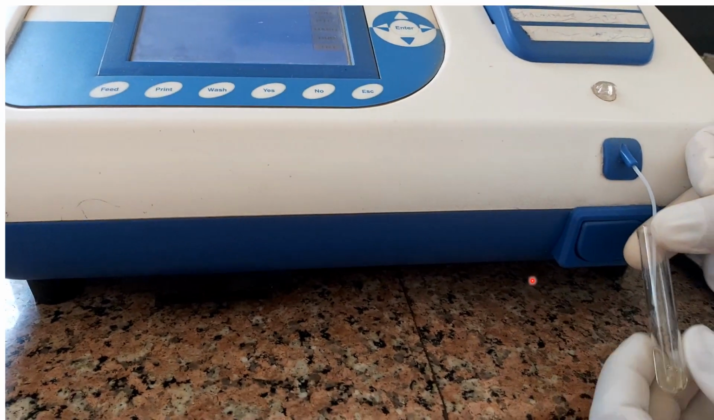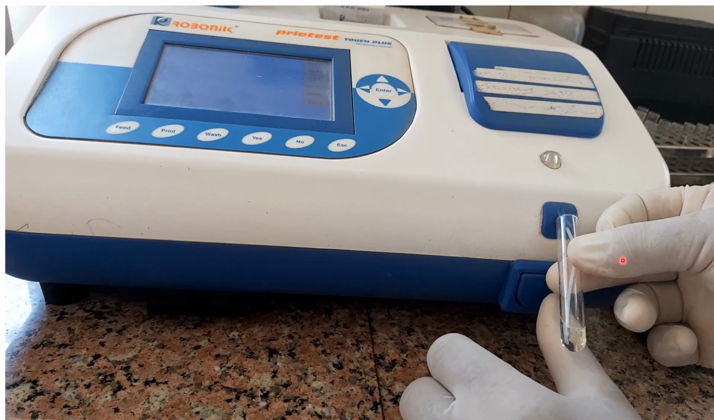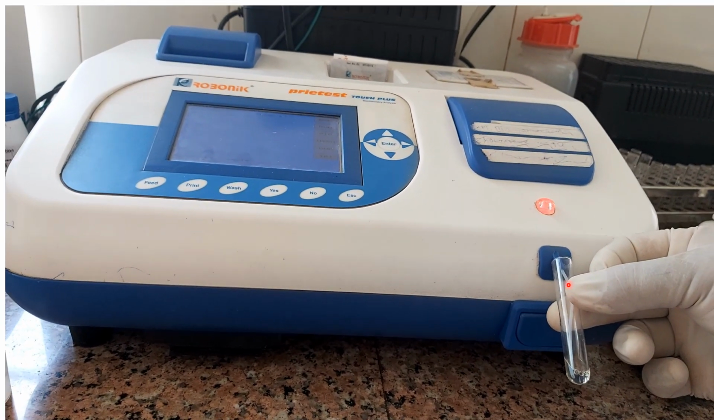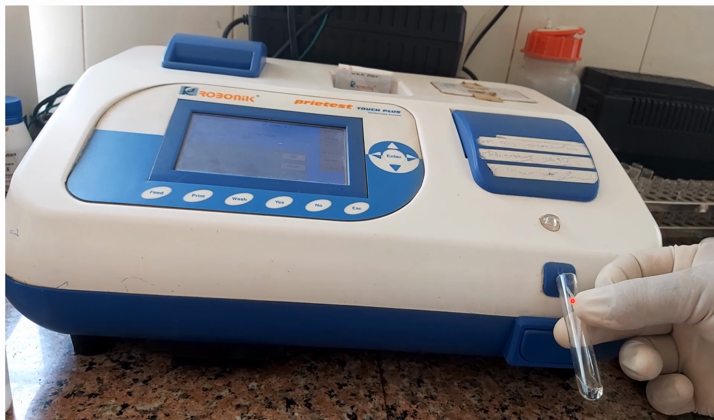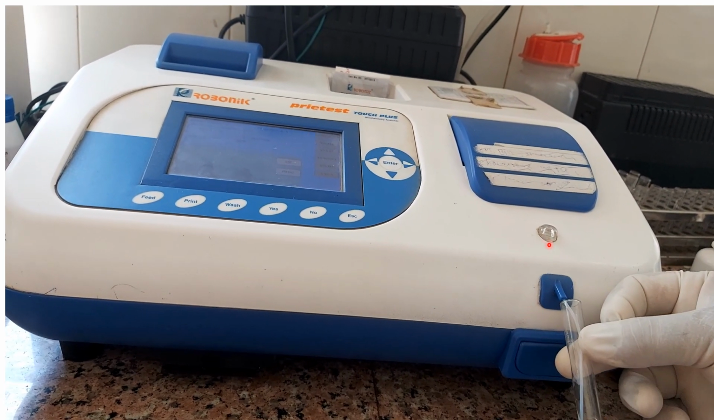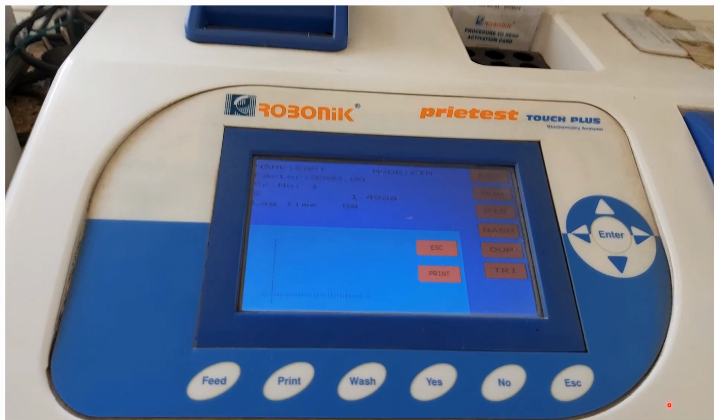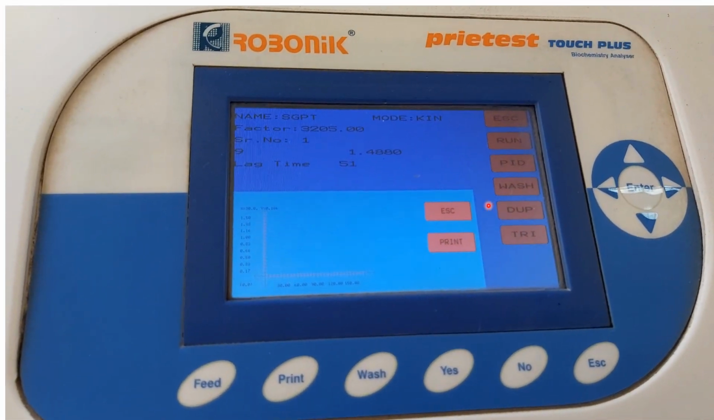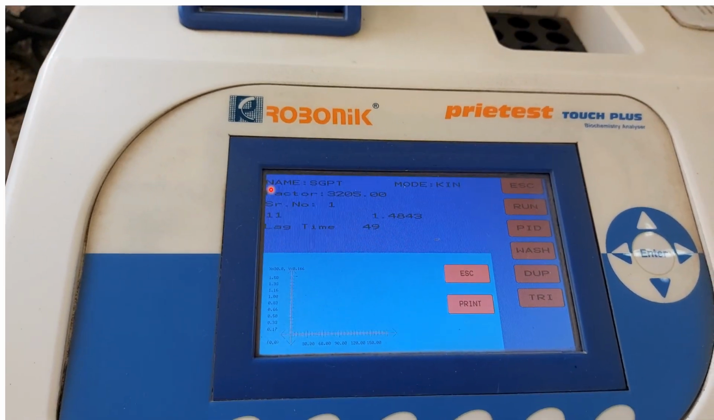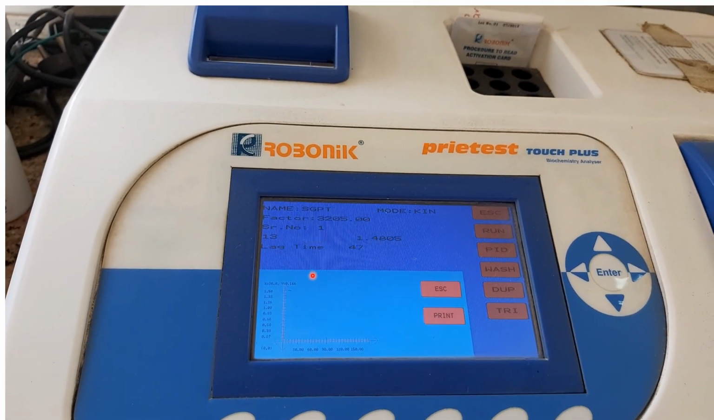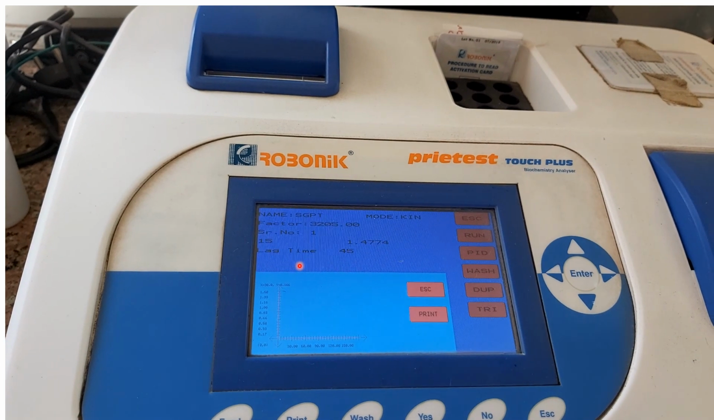So in kinetic reactions, there is no waiting for the reaction to get over. Immediately after mixing reagent and sample, the sample has to be fed to the equipment. Now the sample has been taken in by the equipment and the reaction has started. So there are going to be 3 readings in this reaction,